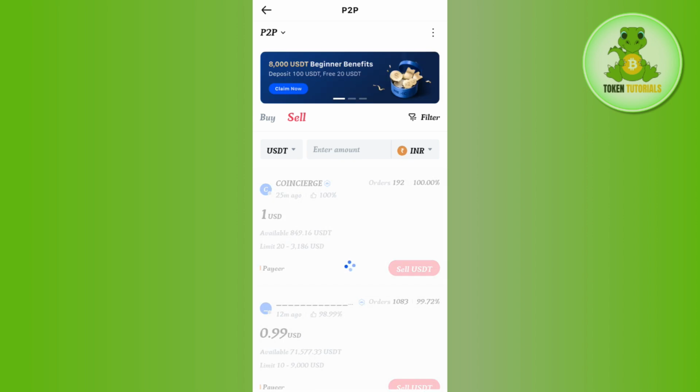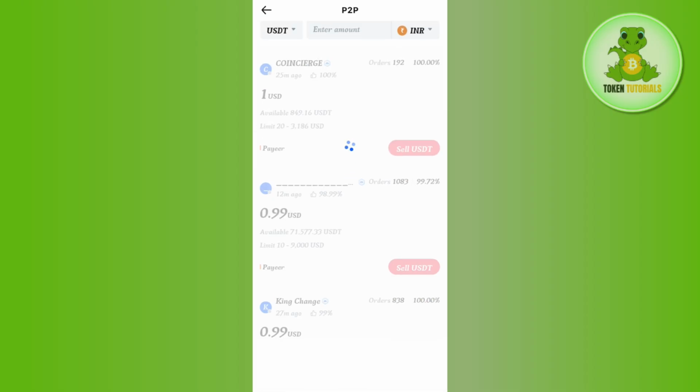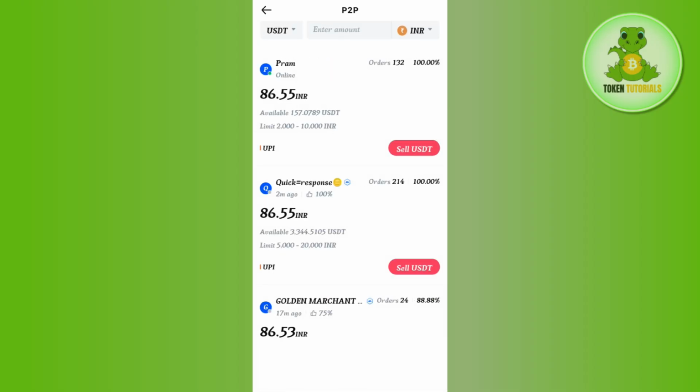So here you need to select any of the merchants that is giving you the best prices, that has a lot of orders. So tap on the sell USDT option right next to their profile, enter the amount of USDT that you want to sell them, select your payment method and wait for the merchant to actually give you the